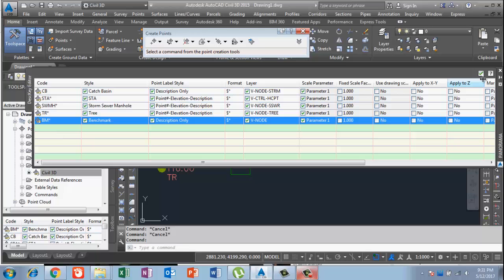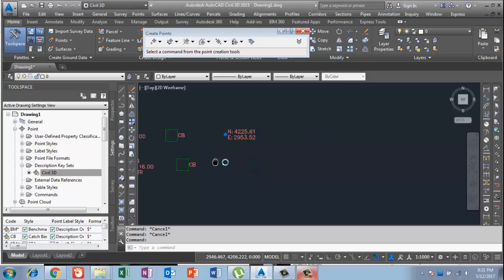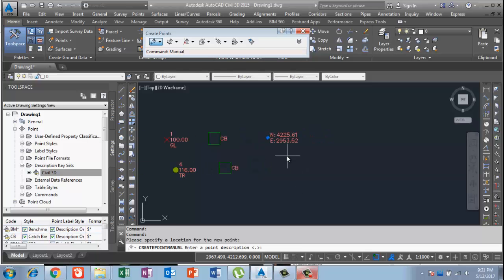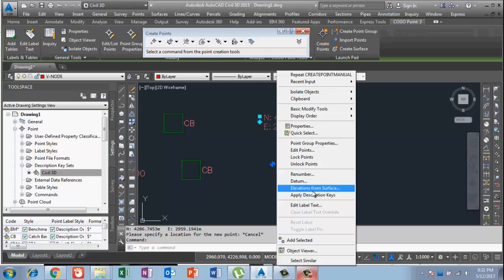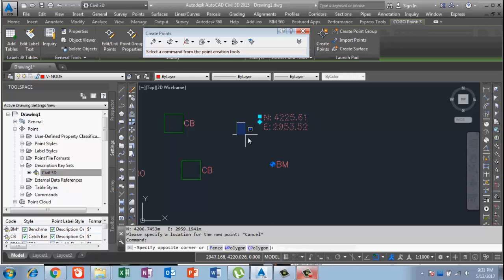Okay, so I will go to the last point. I'll draw this one manually the same way: click on the display, description key BM, enter, and then for the elevation I will put 200. As you can see, this BM is drawn with the points, but with the same top side style we created before defining the description key. So I want it to look the same after applying the description key. So that one last time I click and right click and apply the description key, and this time I go to the Prospector,